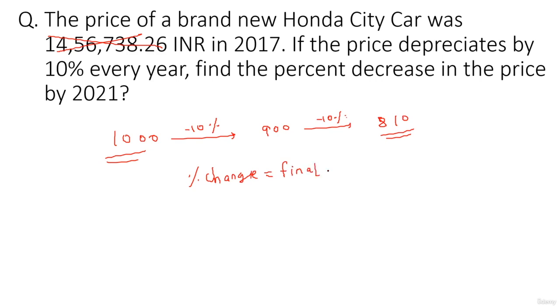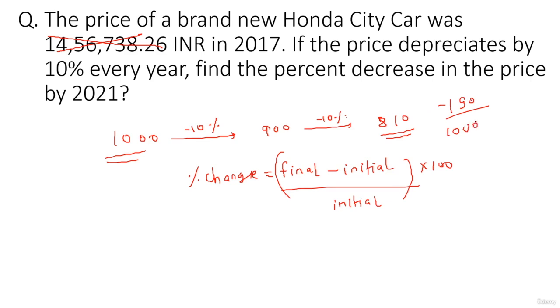final minus initial upon initial, multiply by 100. And you can simply observe 1,000 has become 810, so the decrease is 190, out of 1,000 multiplied by 100. 2 zeros gone, one more zero gone, the decrease is 19%. Okay, now suppose the initial value would have been 2,000 rupees,